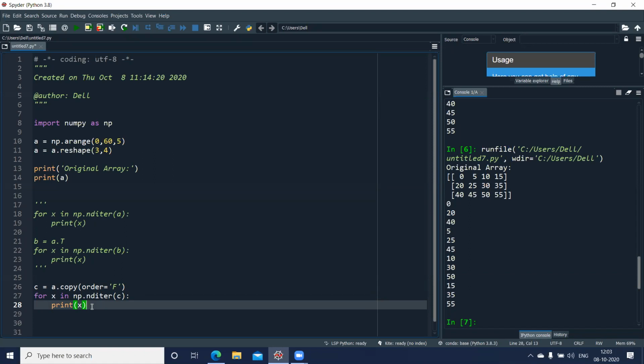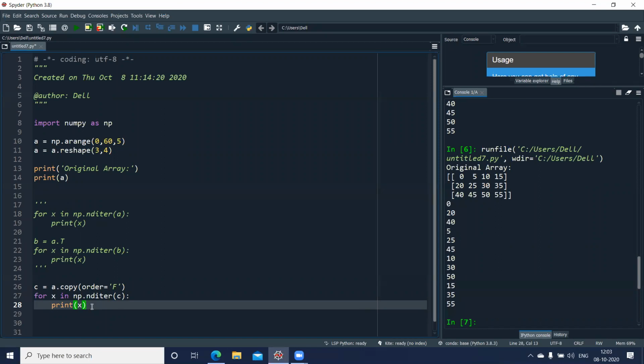If I want to access my array, especially if I'm using nditer, I have to give the style or the order with either C or F. C stands for C programming style, which is more of row major, and F stands for Fortran style, which is column major.